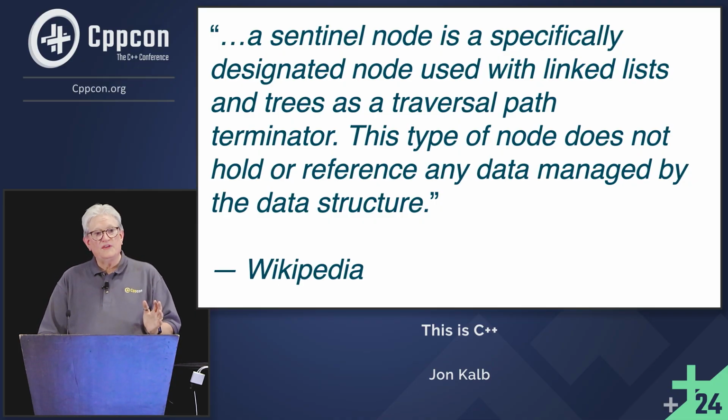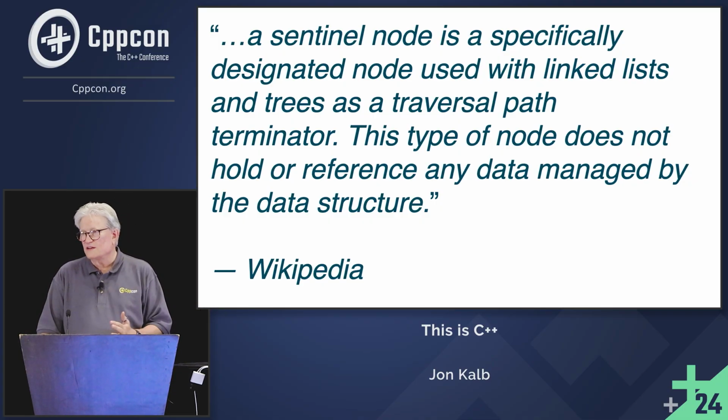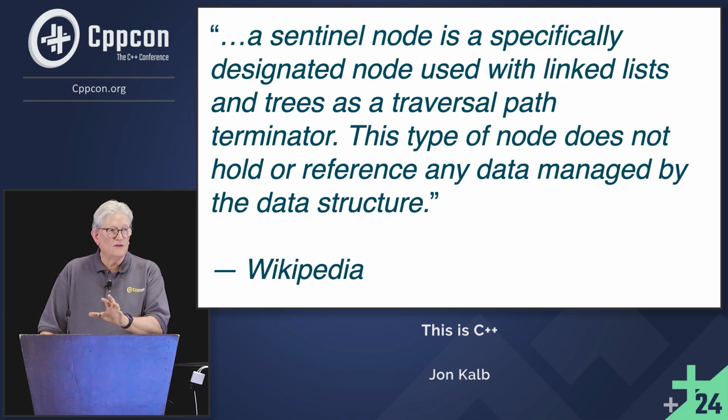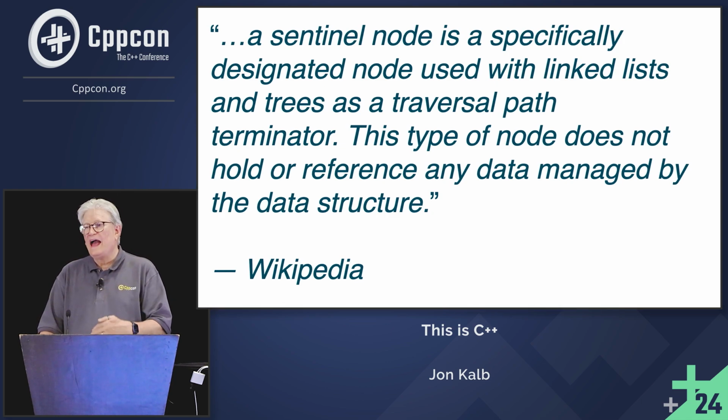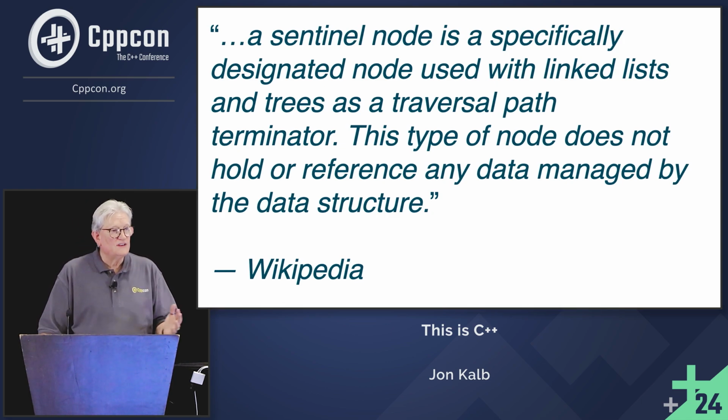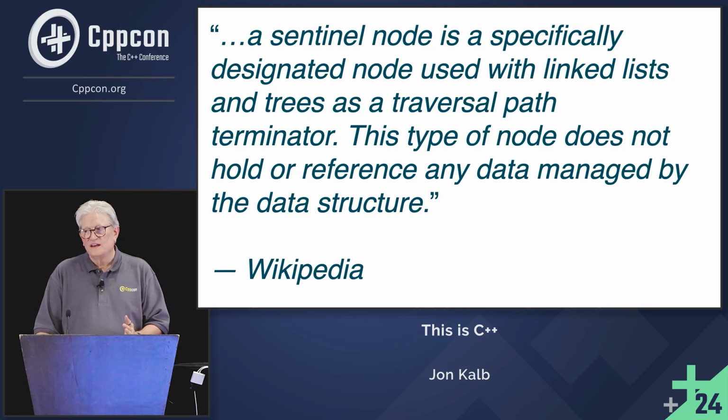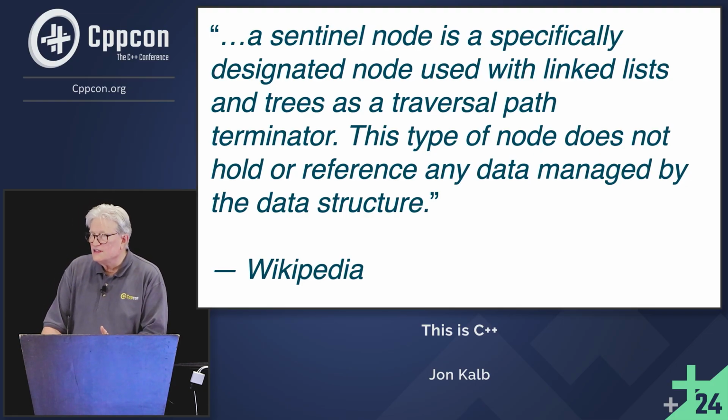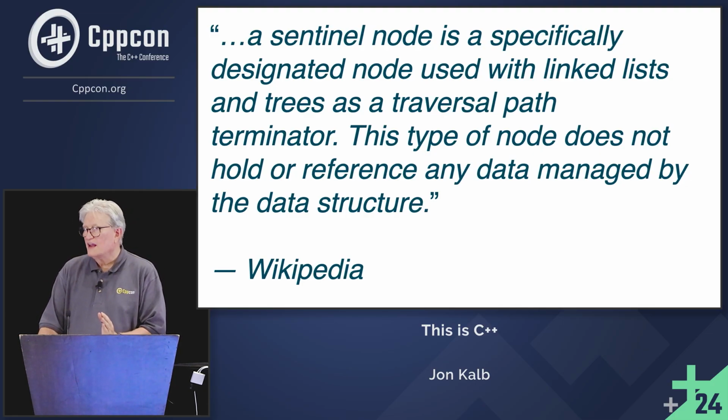Now, if the only thing we require of a moved-from object is that it be destroyed or have something assigned to it, then we don't need a sentinel. But if you say, no, no, no, everything that the moved-from object would have to be able to do in the non-moved-from state still has to be able to do, then it has to have a sentinel. So the move requires allocating a new sentinel. And that might, in fact, throw. So you see now why the standard says that the list move constructor doesn't have to be